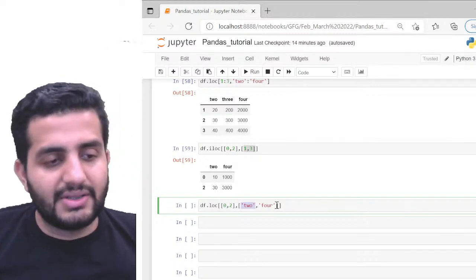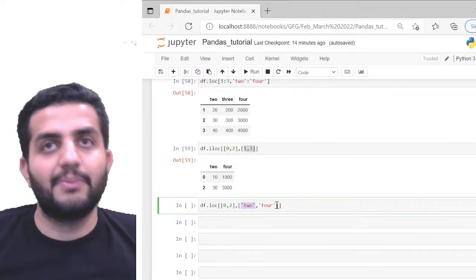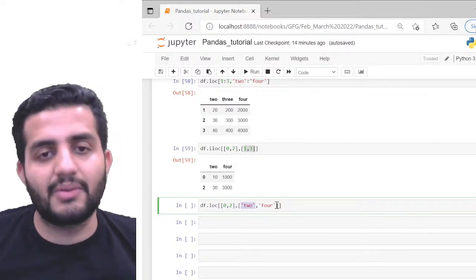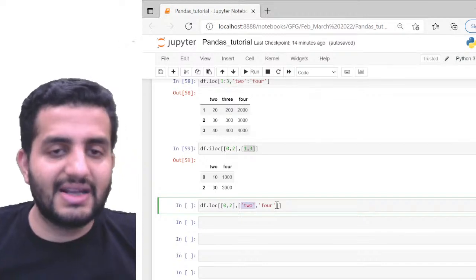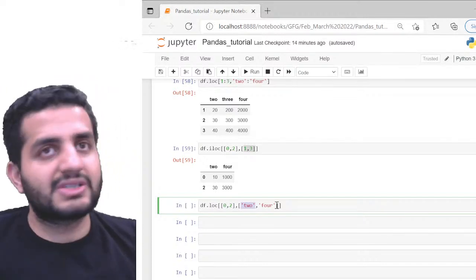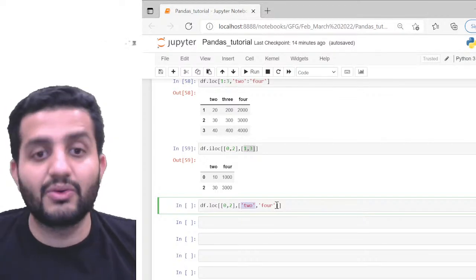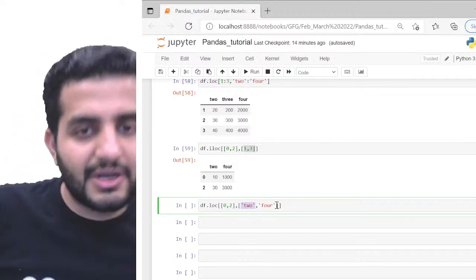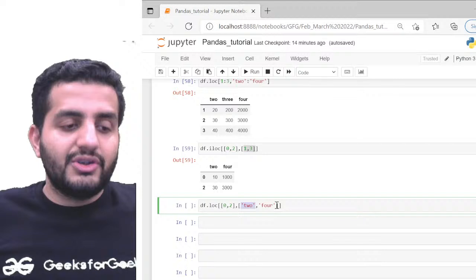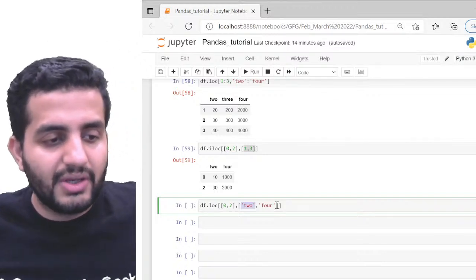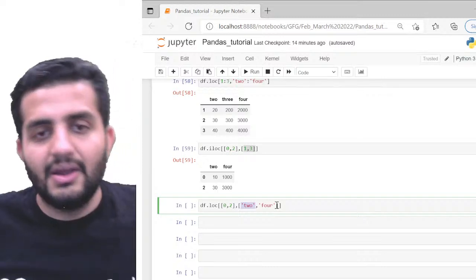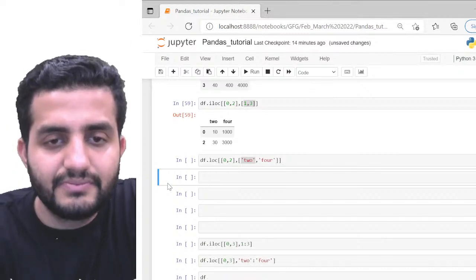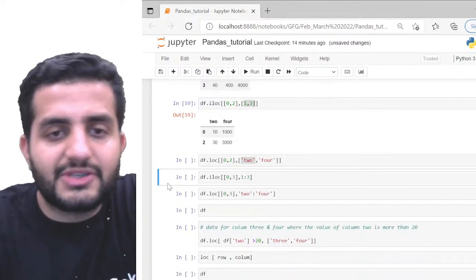Okay. So just to give you an explanation here, for example, I have a very big data frame, right? In some cases, we might not know the indexes, rather we just know the column names, okay? So it's always easier in that sense that we pass the column names. But again, in some data frames, we might not know the column names, but we know the indexes, right? So we just know the column indexes. That is the reason why both the options are possible. So depending on your data, depending on your usage, you can use either of them. It's not like you can only use one thing and not the second. It depends totally on how you require the details.